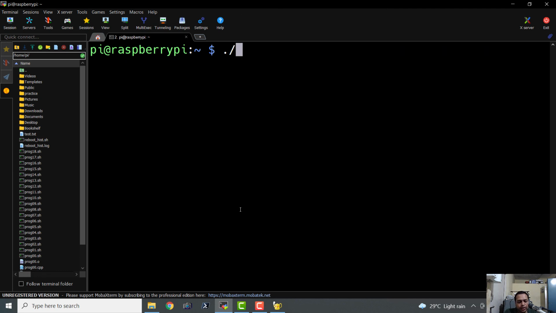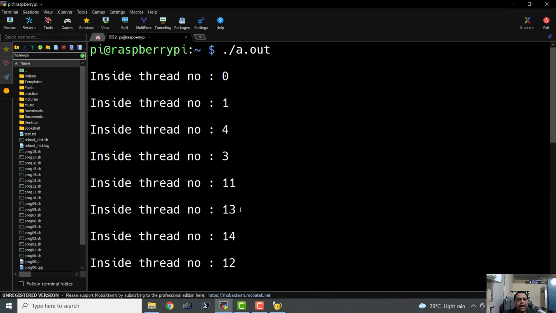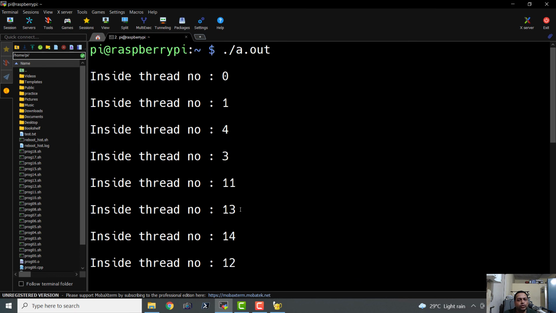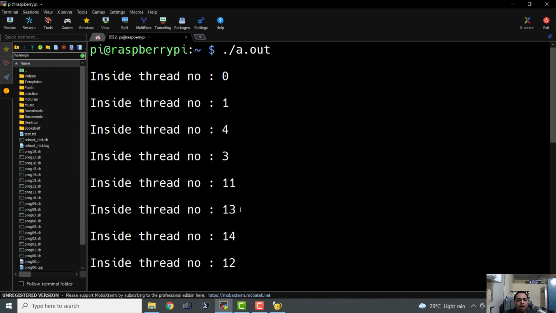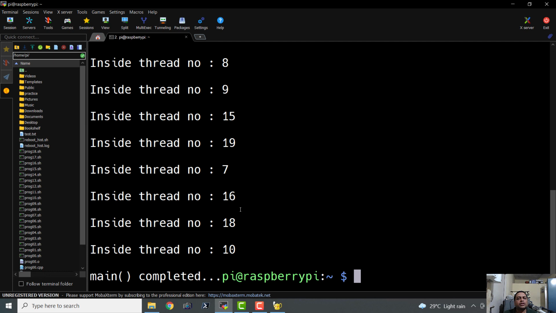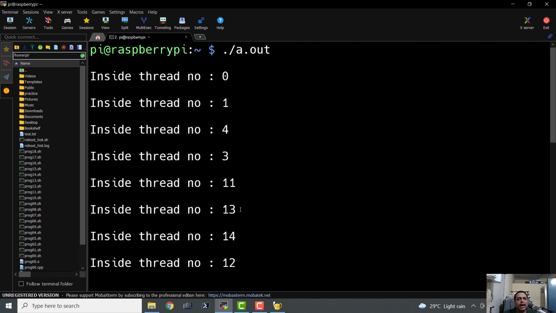Now I'm going to say ./a.out, and here we can see that it is accessing that stuff in a controlled fashion, and we are not actually getting any sort of garbled output. So earlier we were getting the garbled output because it was accessing that resource in an uncontrolled fashion. So this is how we can work with mutual exclusion and threads, and this is how we can resolve the race condition.